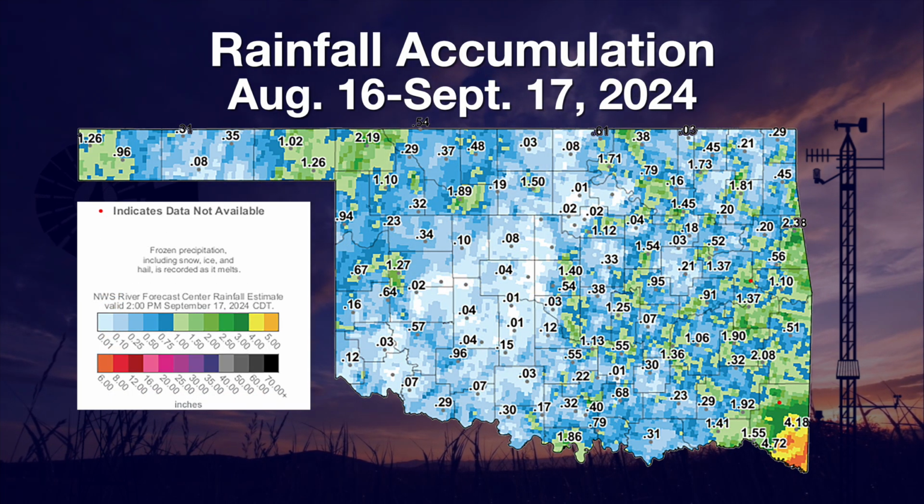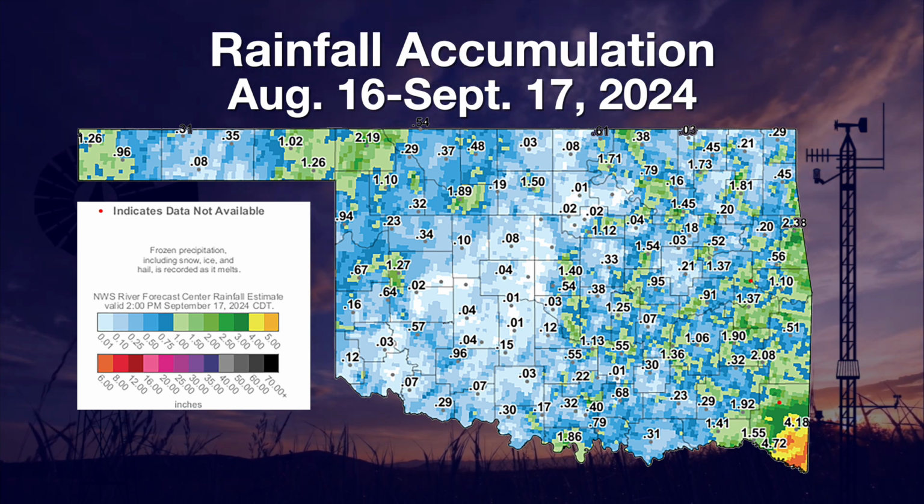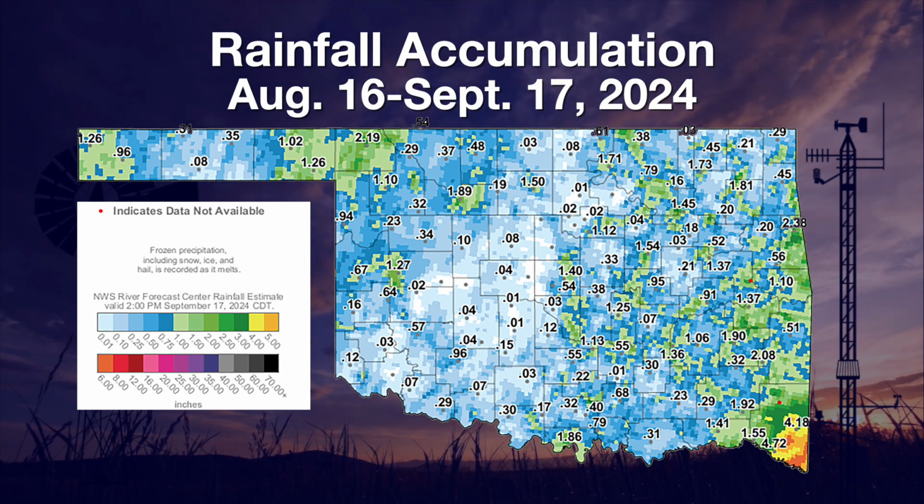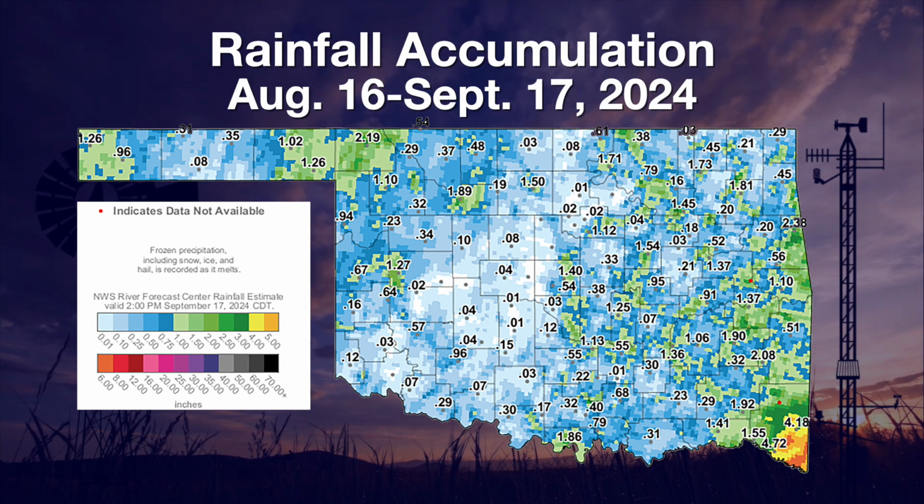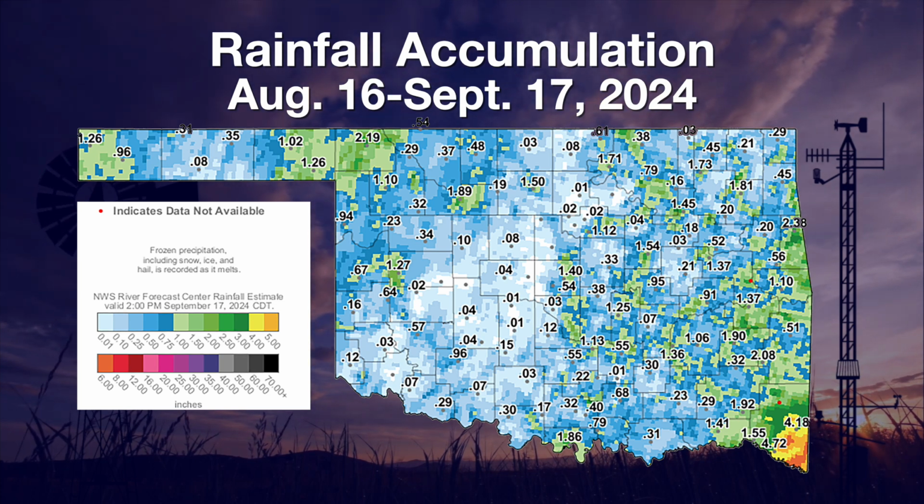Quite a few sites had less than 1/10 of an inch of rain for that 30-day period. Nobody had a lot, again, except for down there in McCurtain County in far southeastern Oklahoma. Otherwise, a little bit up in far northwest Oklahoma, some popcorn-style thunderstorm amounts scattered about the state, but by and large, just a big deficit for the last 30 days.